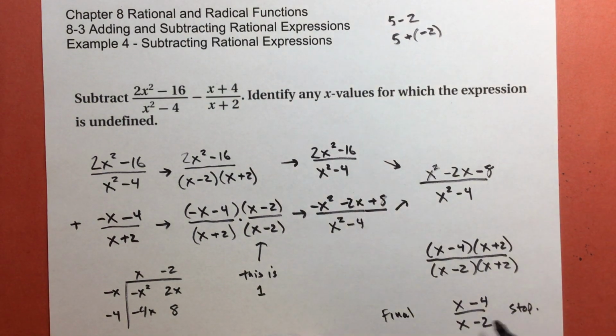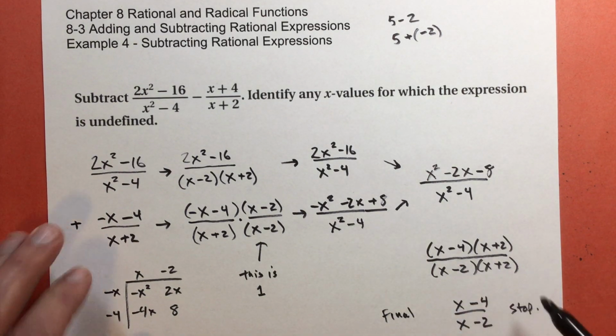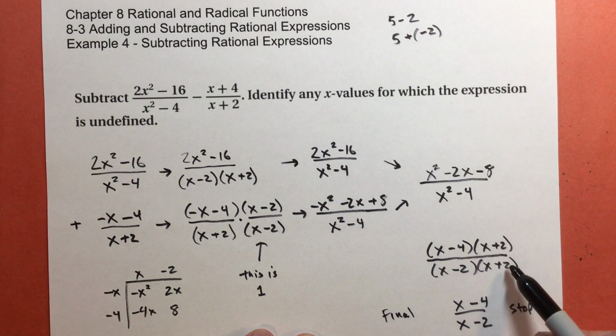Nothing else reduces in here because the x and the 4 and the x and the 2 are being added and subtracted. I can only cancel stuff, and don't say cancel, but I can only reduce stuff if it's being multiplied like these were. Why did I reduce the x plus 2 over x plus 2? Because it's being multiplied by the other terms. Okay,